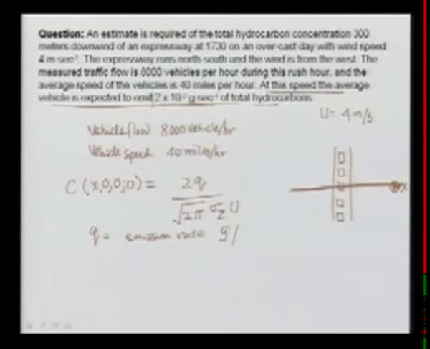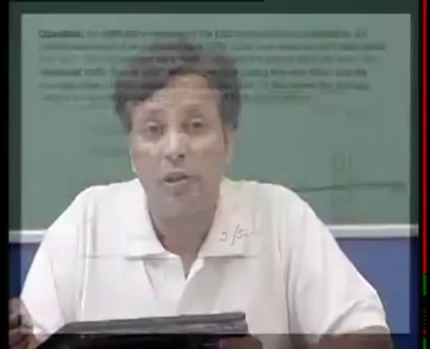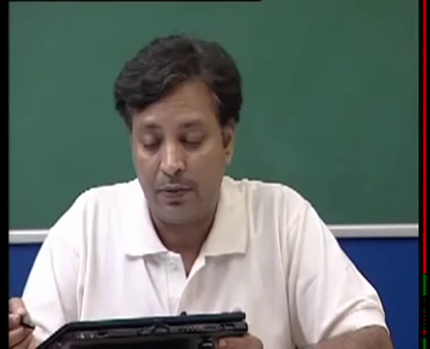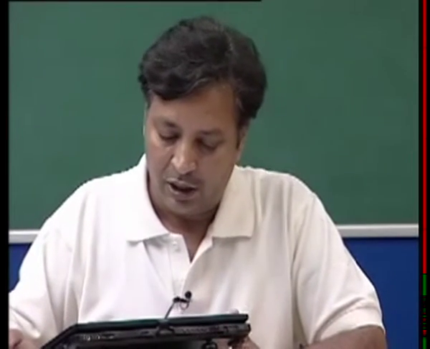Grams per second per meter. Okay, fine. And what is the information available to you? Available is 2 grams per second. So I need to find out the emission in terms of grams per second per meter. That's my requirement. So I have to be a little careful in finding out the